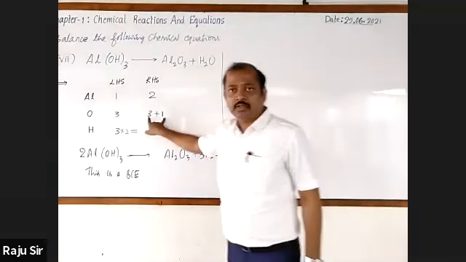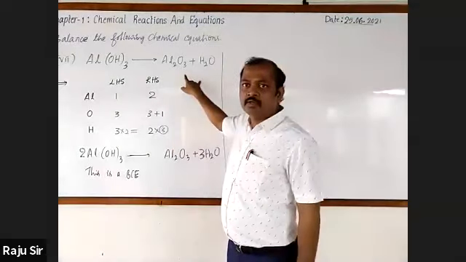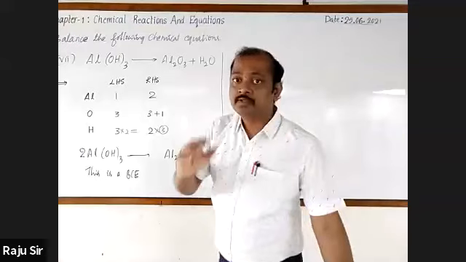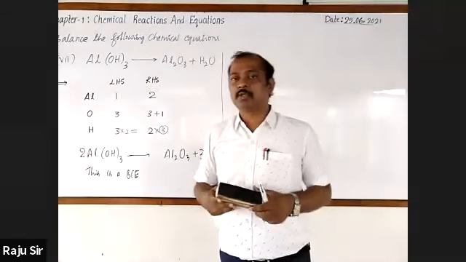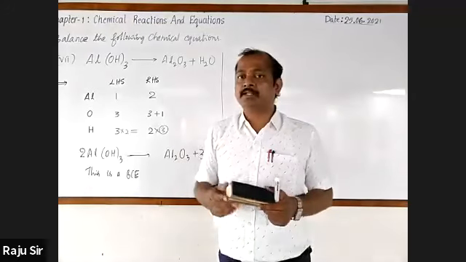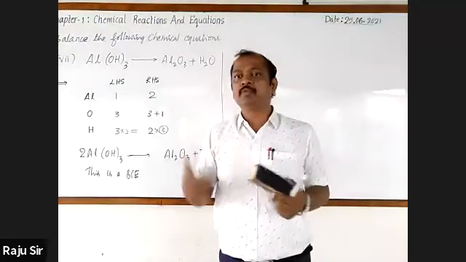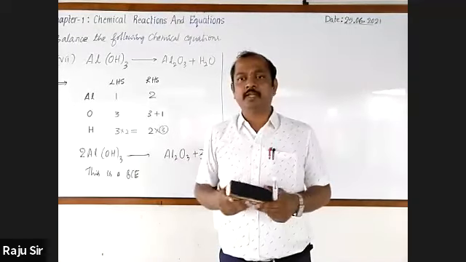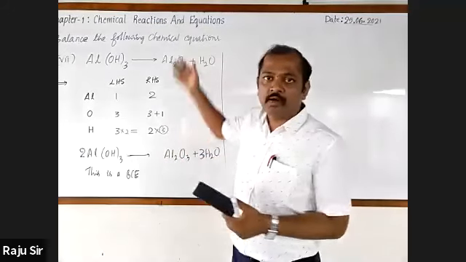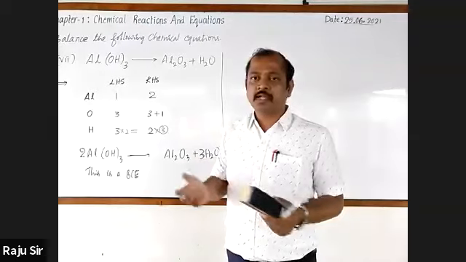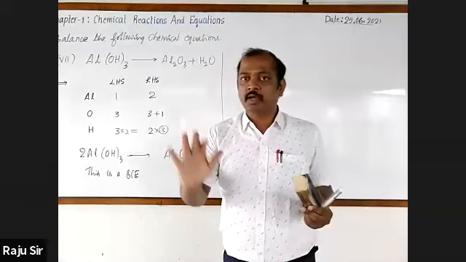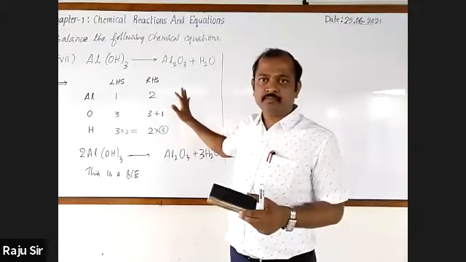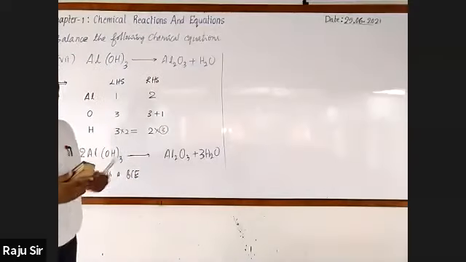Here, the oxygen atoms are distributed, so we won't go for it. Some more chemical equations are there which are to be balanced. Every day I'll go for taking 3 to 4, over the forthcoming 4 to 5 days. If I go for taking all of them at a time, there is a chance of getting confusion. Okay. Today, balancing chemical equations, this much is enough. Now we are moving to the next concept of discharge.